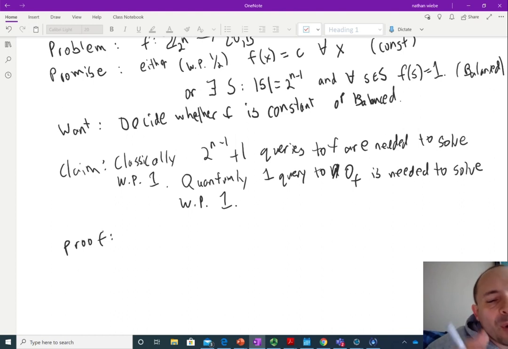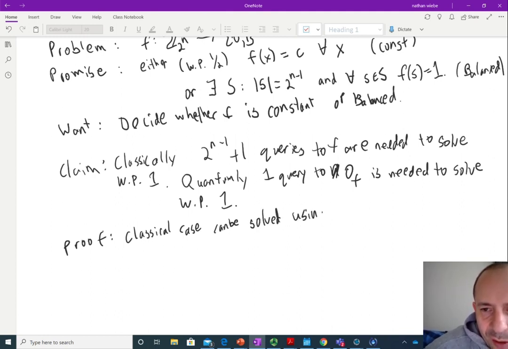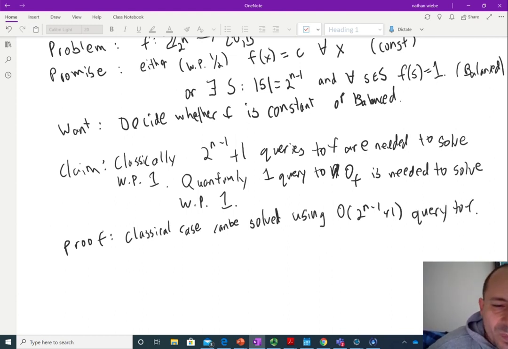Okay, so we're going to show that the classical case can be solved using 2^(n-1) + 1 queries to f. The way to see this is, let's envision the worst case scenario, which is something that we do over and over again in these types of proofs. The worst case scenario is that we measure 2^(n-1) times. And this is going to be super improbable for the balanced case, but let's say we measure 2^(n-1) times and get